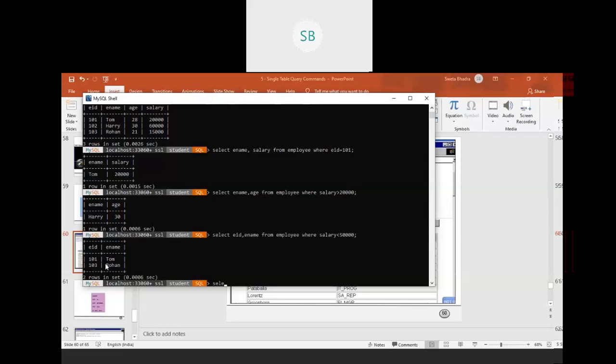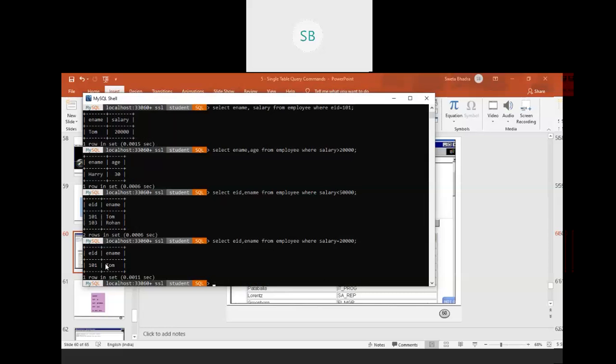Again we can print, let me not write it again, I just change. Where salary equal to, suppose salary equal to 20,000. So Tom is having salary 20,000. Now if I give salary not equal to, let me check whether it's working or not.